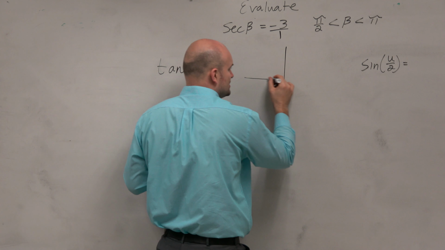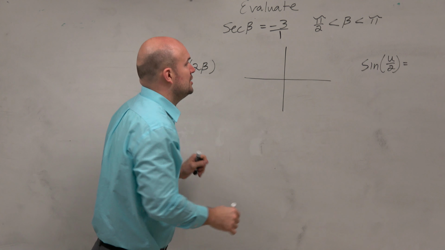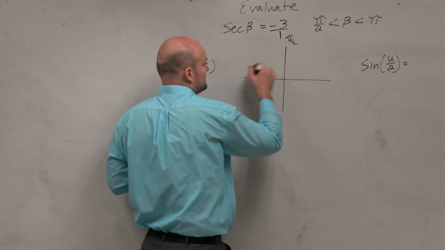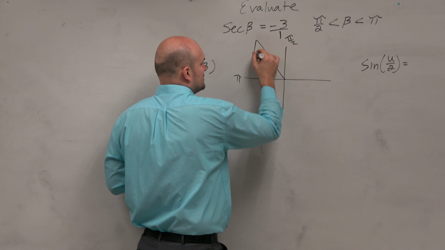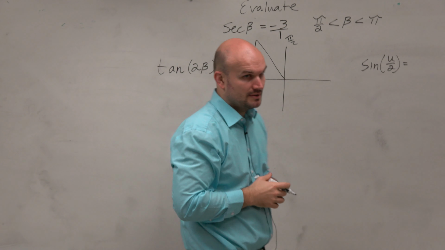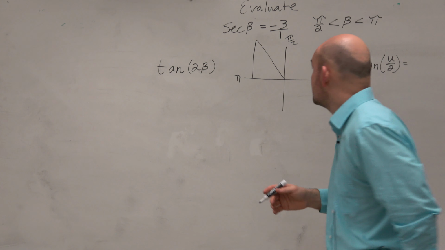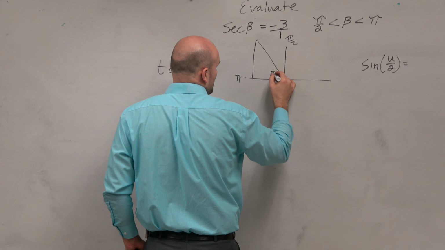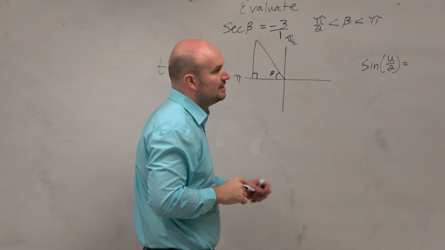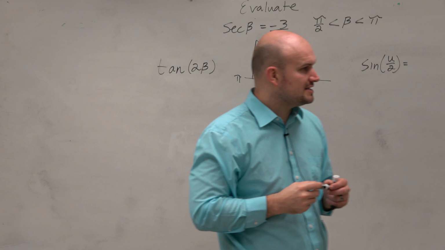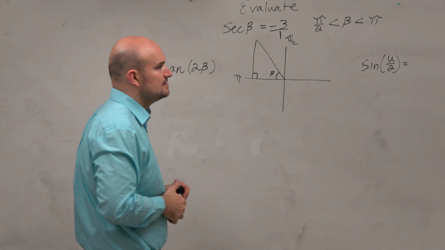So I'm going to draw my Cartesian coordinate system here. And I know that here is pi halves and here's pi. So my triangle needs to look like this, right? And remember, here is your beta, and there is your right angle. Now, the other important thing to recognize from this case is